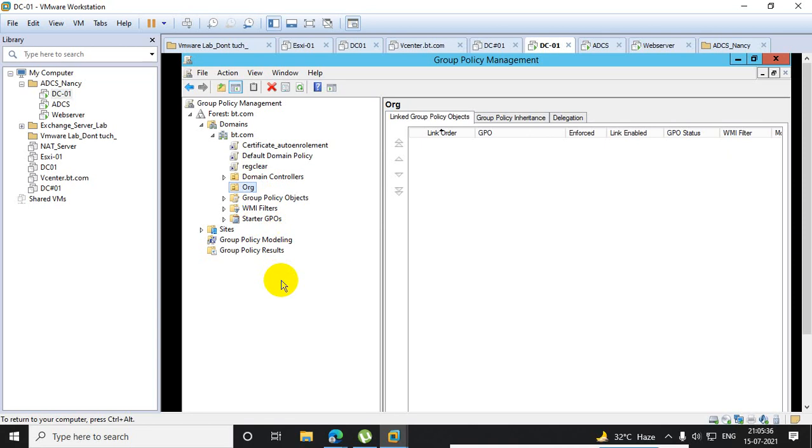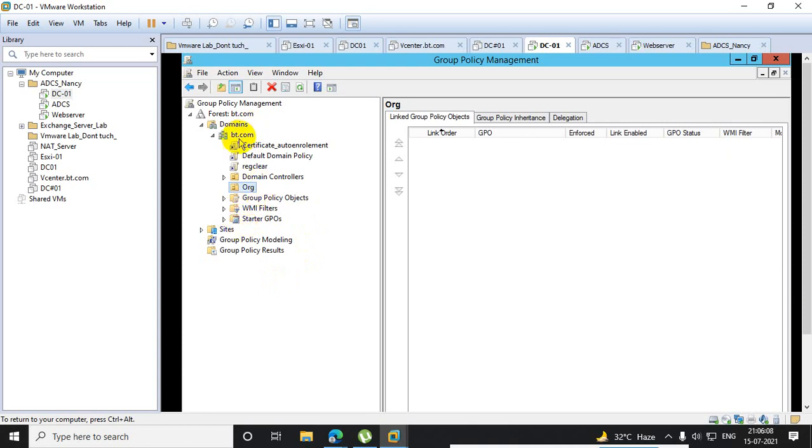So what am I going to create? I am going to create a group policy for the company wallpaper. Whenever any user logs in, the desktop will have that company wallpaper. Clear? You can apply this wallpaper to the users of an organization, or domain-wide.